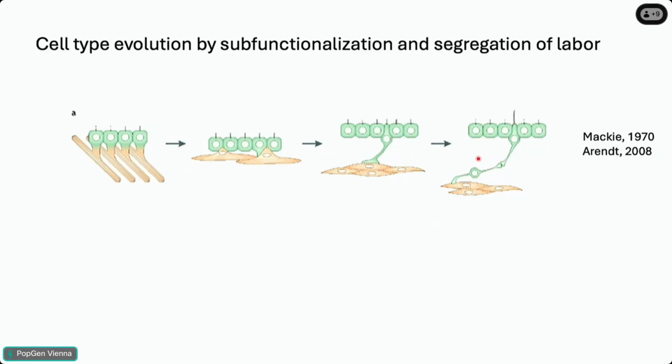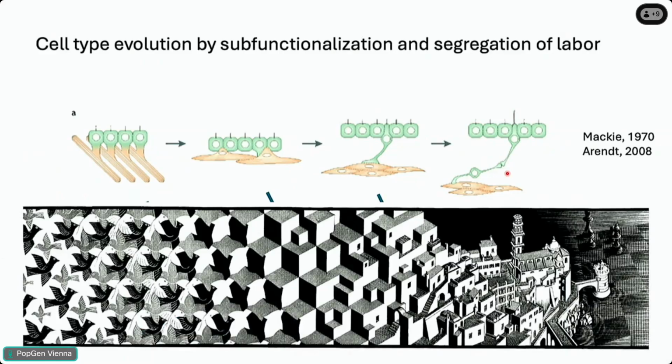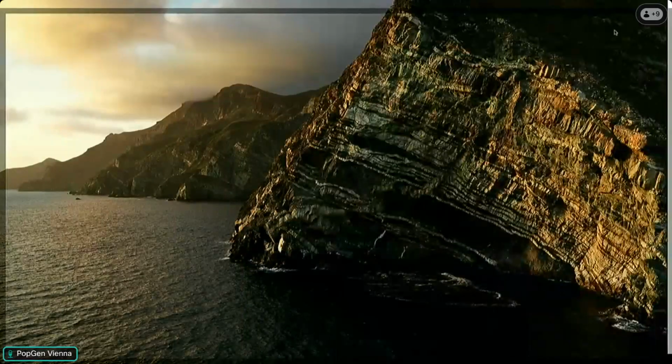This is a nice conceptual idea, and people thought, okay, the cnidarians actually have these, and this is the way it went in the other lineages. But of course, it's kind of an ad hoc scenario. And I try sometimes to compare this with these kinds of paintings where, if you start at one corner here with birds and then the other end,